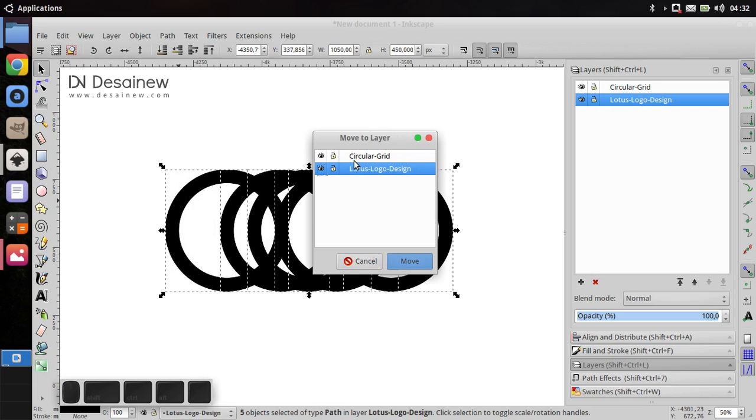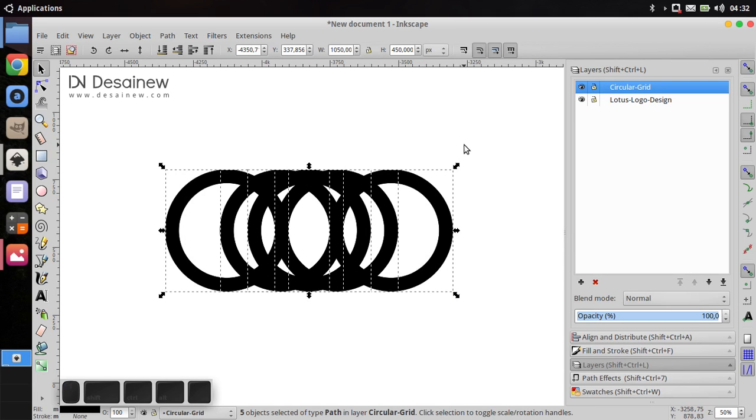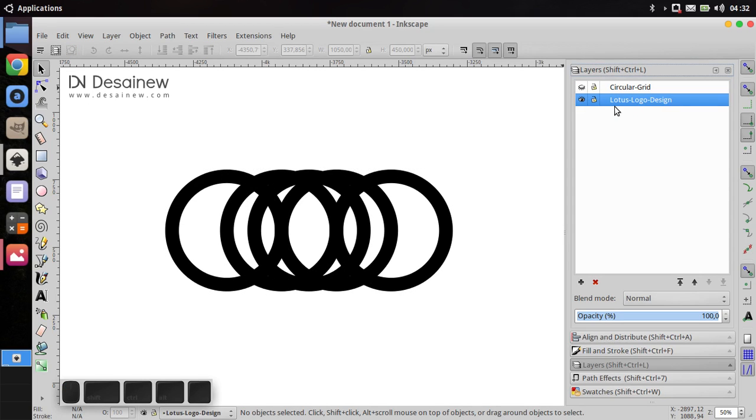Make sure you choose the layer circular grid and then click move, like this. Here I have this circular grid layer, and choose and select the Lotus logo design layer. Okay, why do we create a circular grid layer? So that later we can see whether the result of our logo design is in line with the circular grid or not.